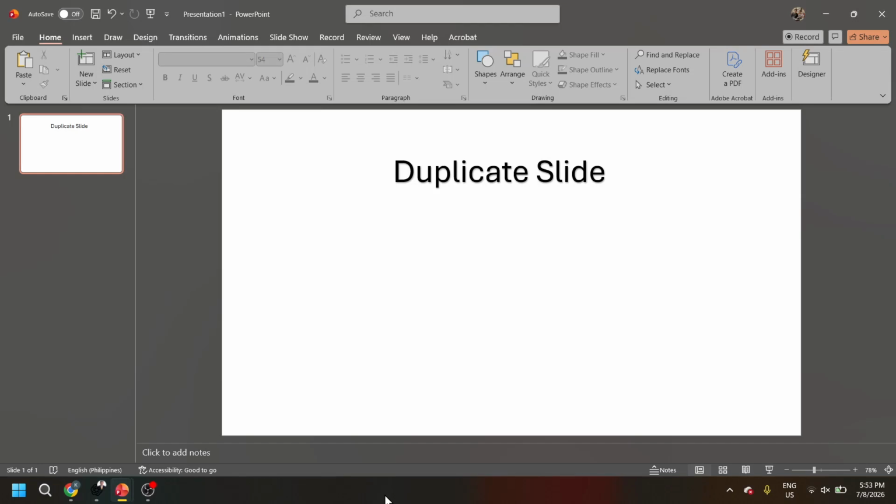In today's video, I'm going to teach you how to duplicate a slide in Microsoft PowerPoint. If you're building a presentation and want to reuse the same layout, design, or content without starting over, duplicating a slide is one of the fastest tools you can use. It helps save time, keeps your formatting consistent, and makes it much easier to create multiple slides that follow the